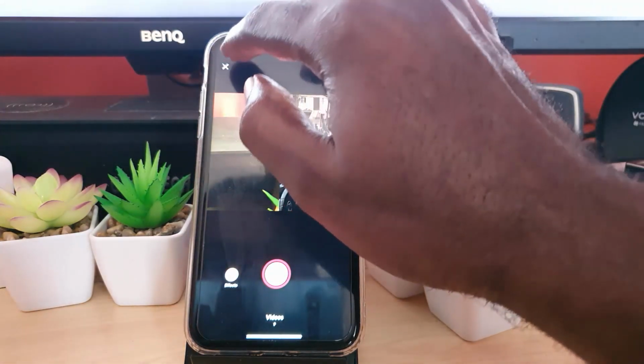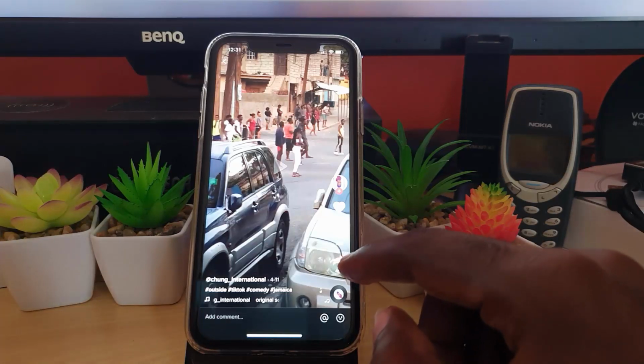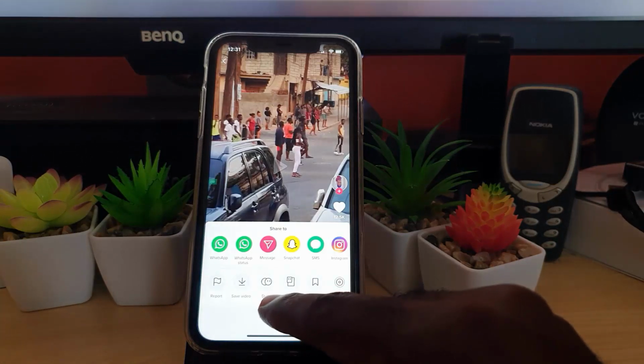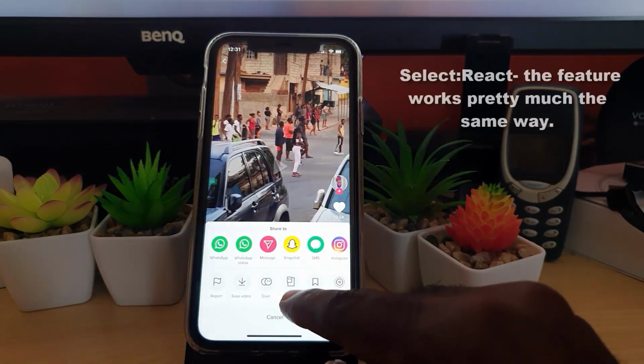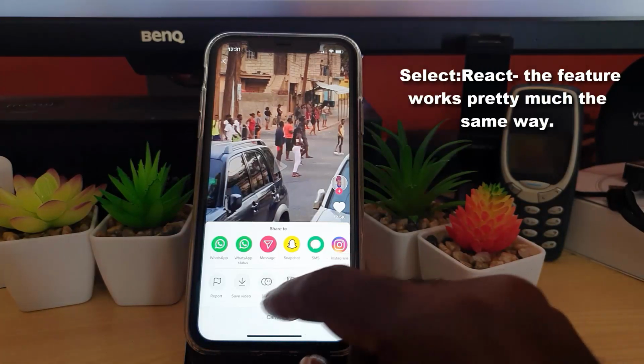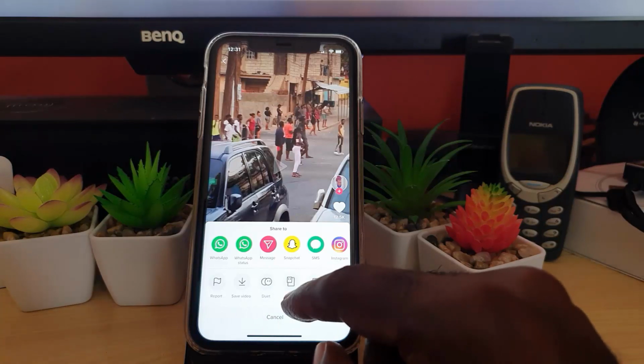So the first thing you should do is instead do this. This one tends to work. Go ahead and hit the arrow again. Right here where it says Duet, instead select React. They are basically the same thing. The slight difference might only be the way the side-by-side is done. So go ahead and hit React,